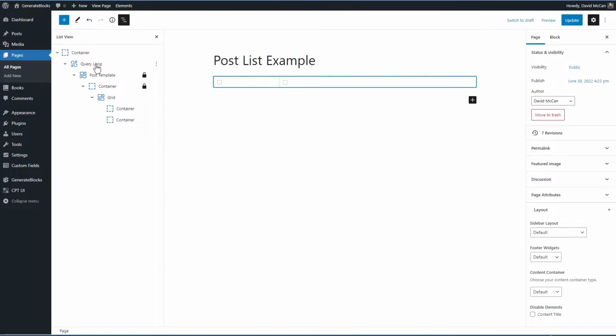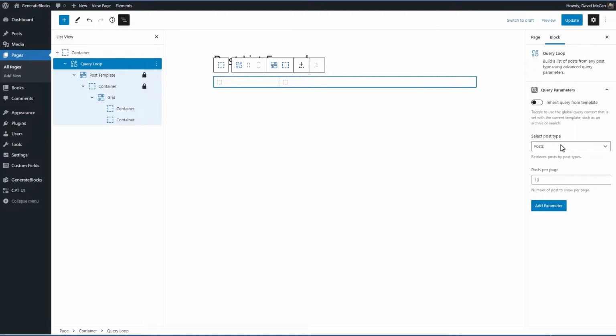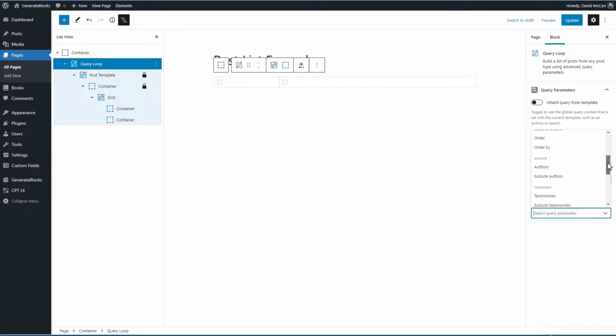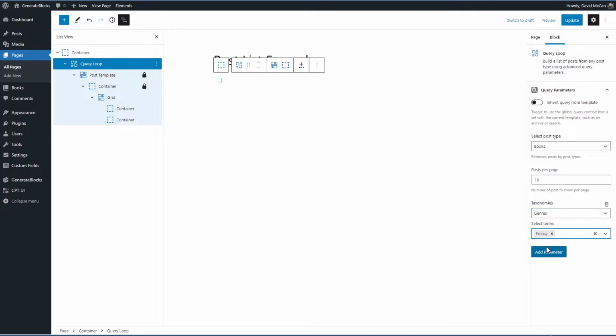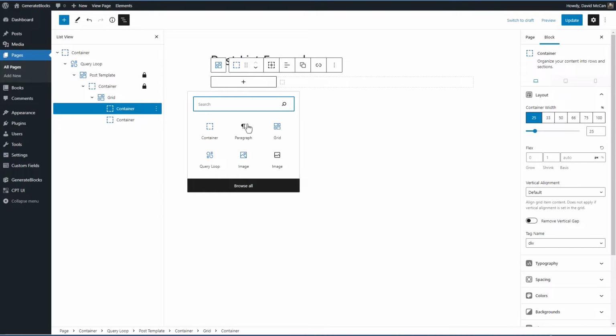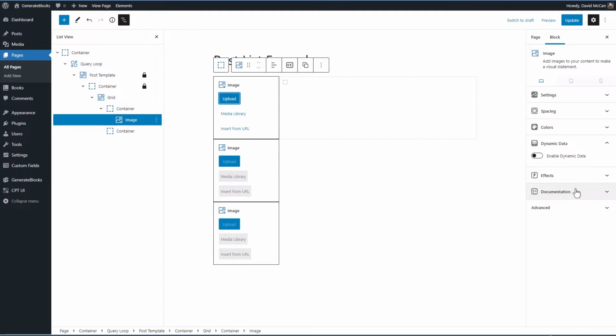Let's go to the query and tell it that we want to use books. We did that in the Kadence example. Now we can add query parameters, and we want to include taxonomy term fantasy. Then if we go to the column on the left, let's add an image block, and let's go